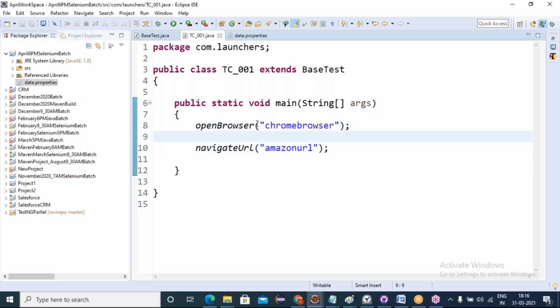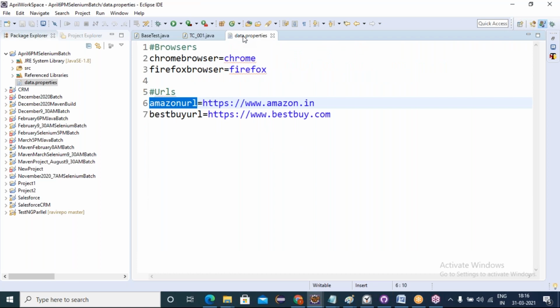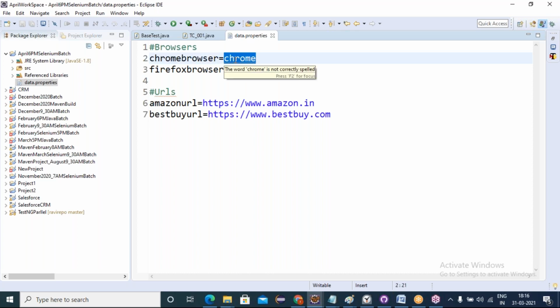Friends, it will get an error first of all if I run this, because why? The separate file I created, and in this test case I was calling this. Is there any linkage? The key-based value to take, is there any linkage? That's why when I run this test case, it gets a null pointer exception. See, if I run this program, what do we get? Null pointer exception. So first of all, we have to load this data.properties file. In that loaded data.properties file, if I provide a key, the value will be loaded as Chrome. That's the way we have to do it.